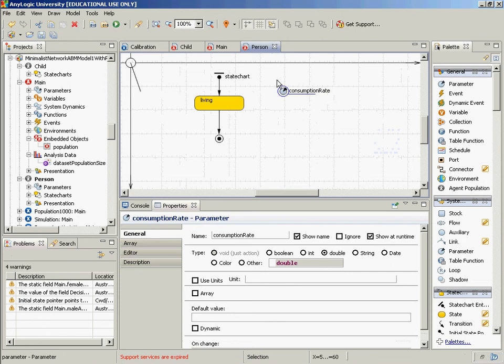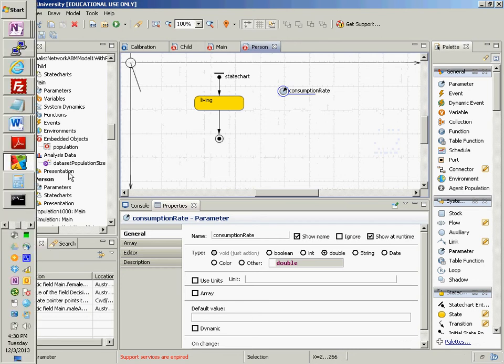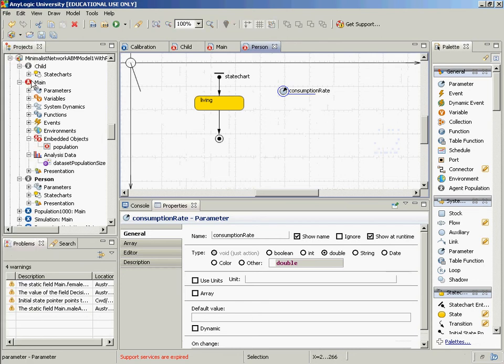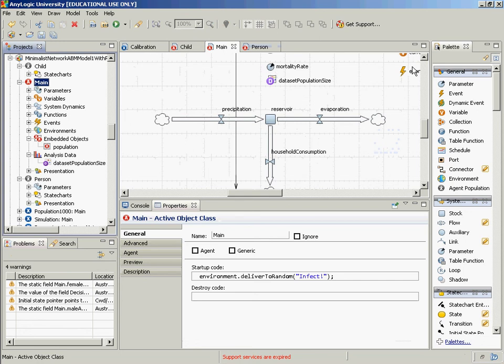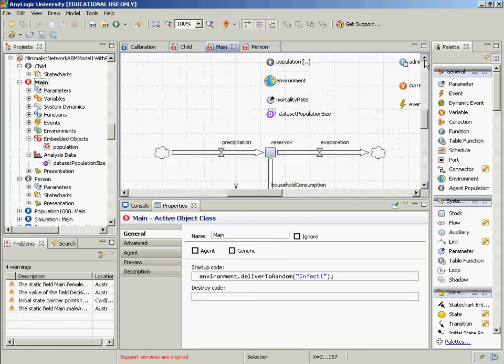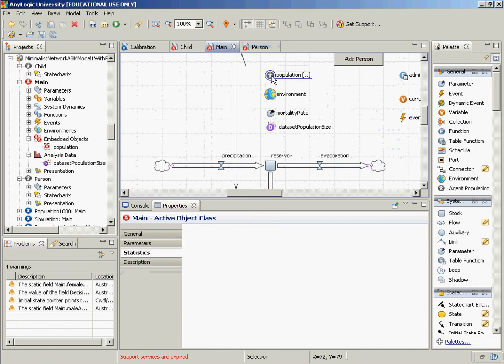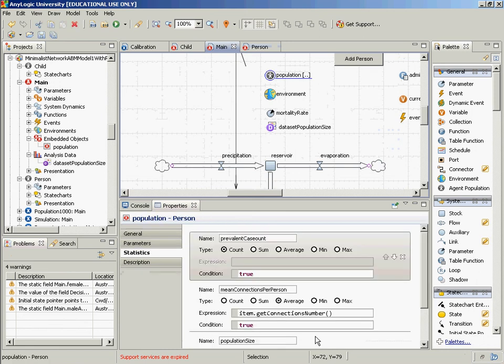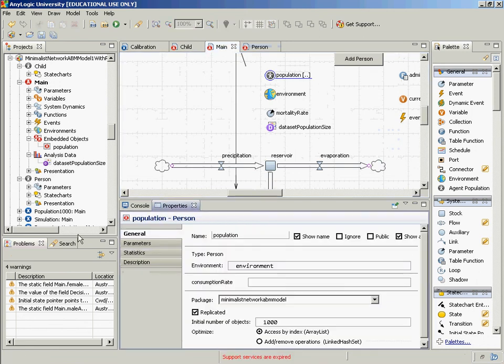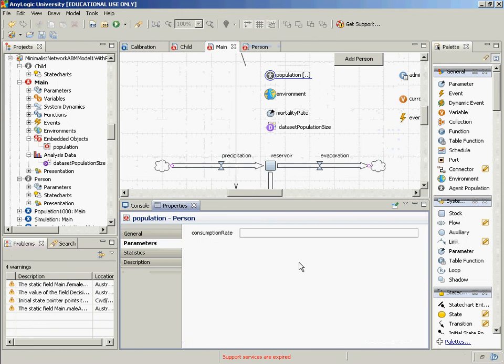Maybe in general it will be a stock and flow, or maybe it would be based on their state of some state chart. And we will have in Main a distribution associated with the consumption rate of the population here, maybe it's a random